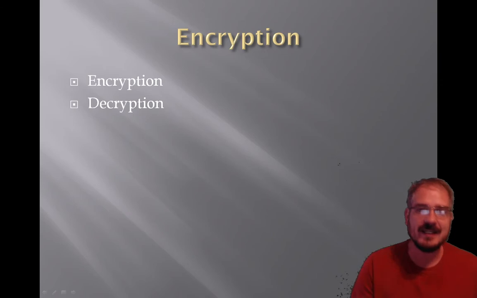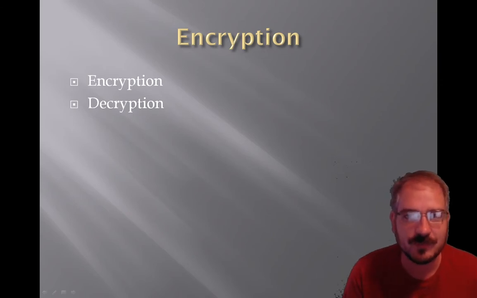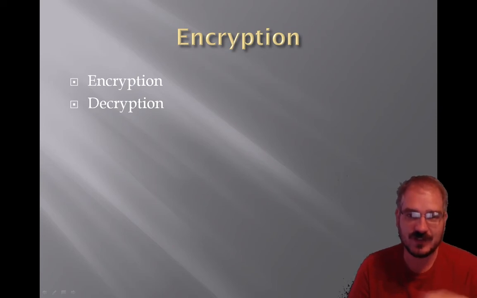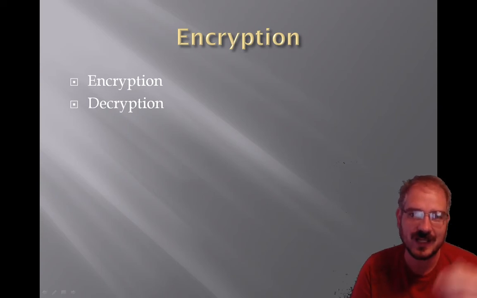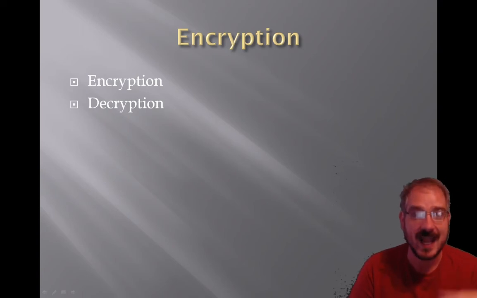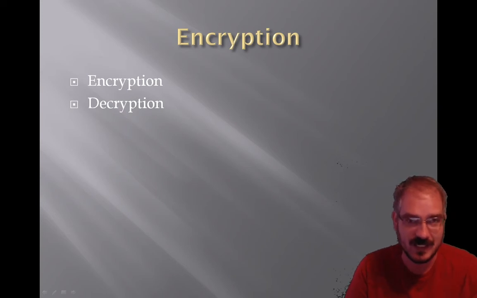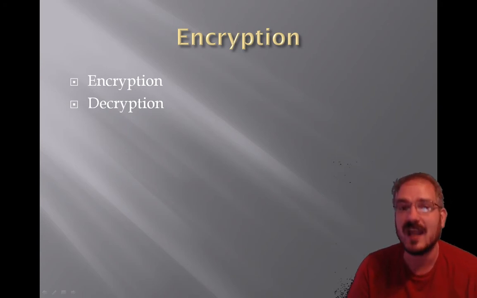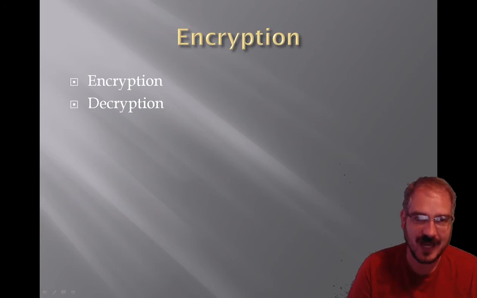So, encryption and decryption. Essentially, the simple version of this is if I have a message I want to send to somebody else, and I want to make sure that nobody else intercepts and can read that message, I encrypt it. In other words, I take the plain text, the message that I want the recipient to read, and I scramble it in some patterned way so that the person at the other end who understands the pattern can recreate that plain text from the encrypted text.